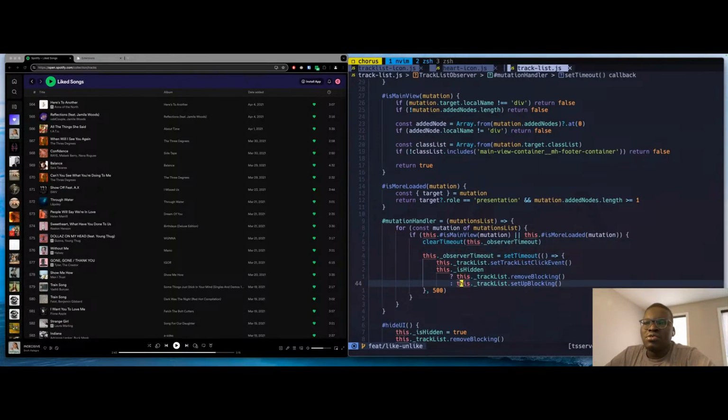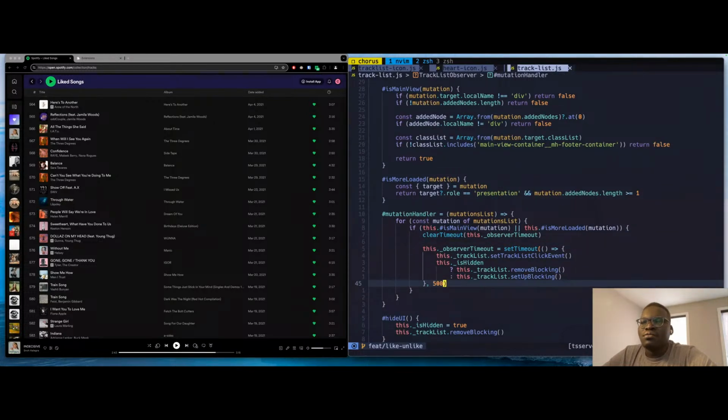So we want to remove setup block. Setup block. Okay, let's see. What do we call? We have this function handle removing this. No, this. It's weird that